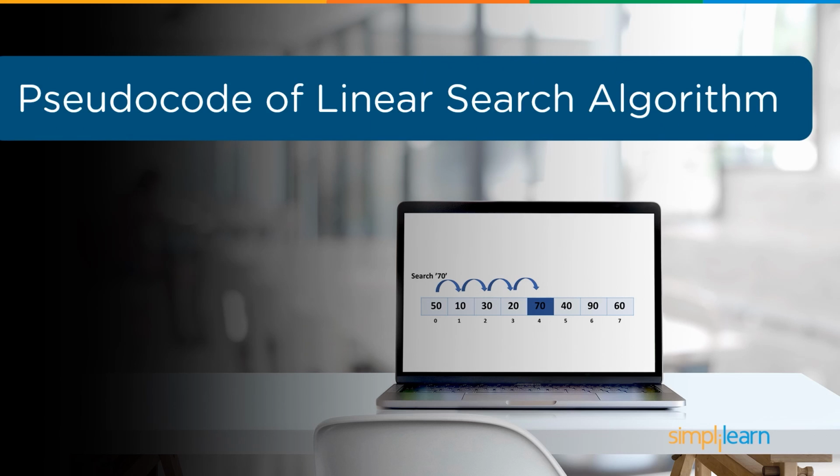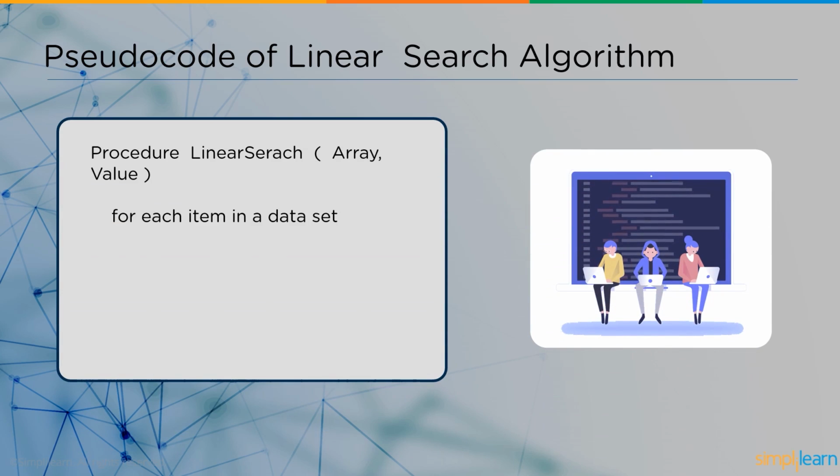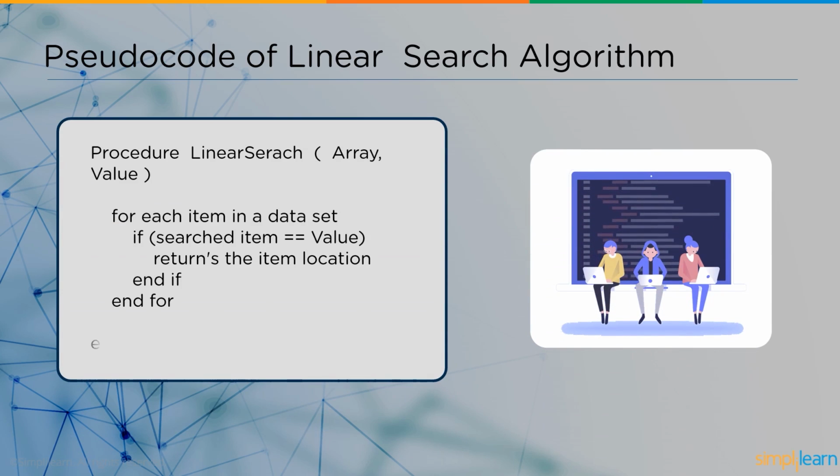First, we have a function called linear search, which has two variables in its parameters: the array's name, which is an array, and the search variable, which is the value. Then, using a for loop, we must search for our target variable by analyzing all the data elements in the dataset, with the condition that if the searched item is identical to any value in the set, we must return its index value. Now we must stop searching once the searched value has been discovered. Then we will close our if and for loop as well as the linear search function.